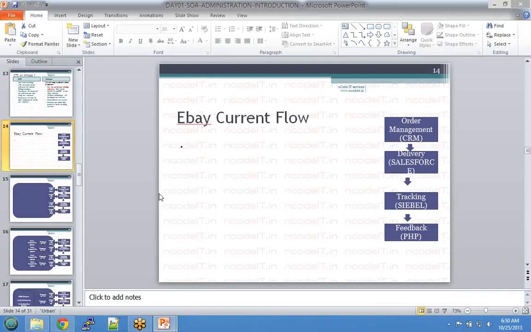Now all these systems are implemented in various technologies. You got a CRM, you got a Salesforce, you got a Siebel, you got probably some PHP, or you got SAP. You can have anything. Each of these, assume, are custom packaged applications implemented in various technologies. Now what SOA is, now if eBay tries to become much more agile, the first thing